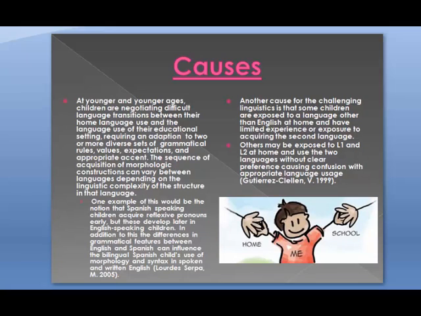Research question number 2. What causes the linguistic complications? At younger and younger ages, children are negotiating difficult language transitions between their home language use and the language use of their educational setting, requiring an adaptation to 2 or more diverse sets of grammatical rules, values, expectations, and appropriate accent. The sequence of acquisition of morphologic constructions can vary between languages depending on the linguistic complexity of the structure